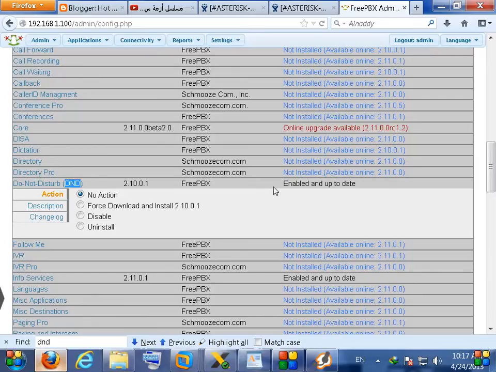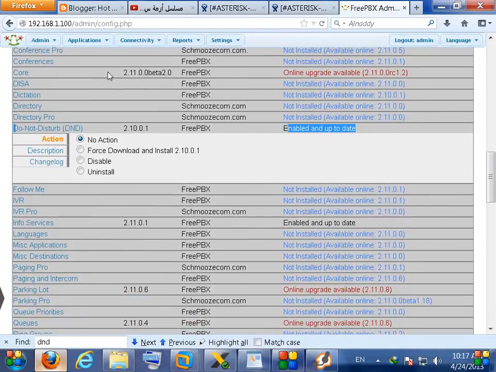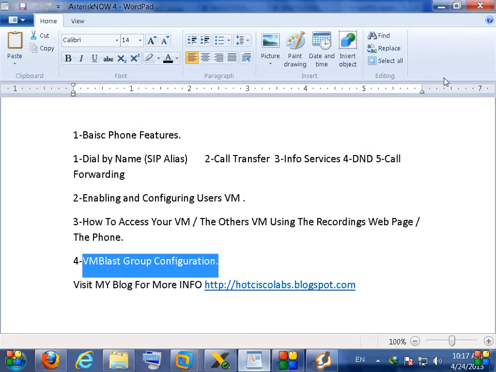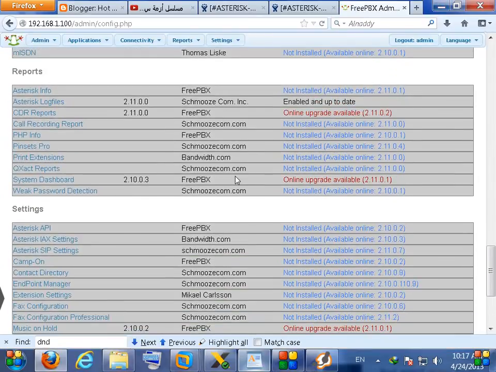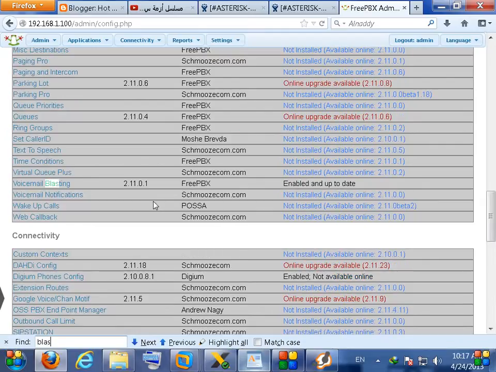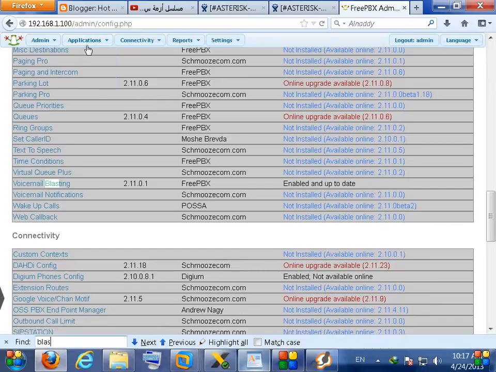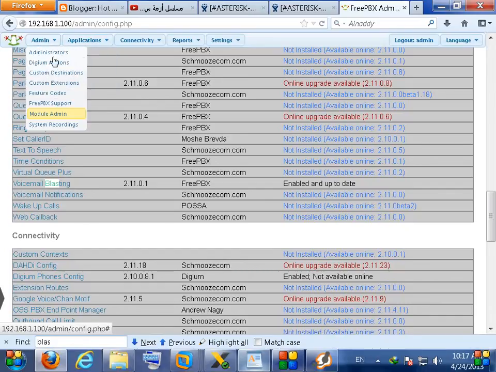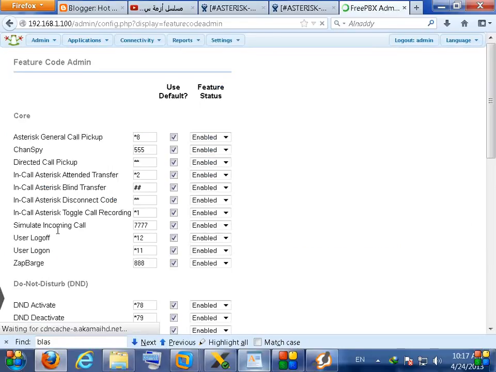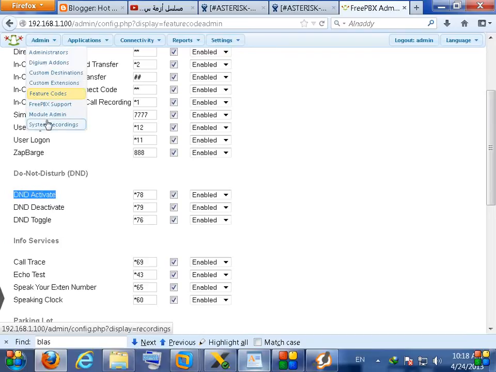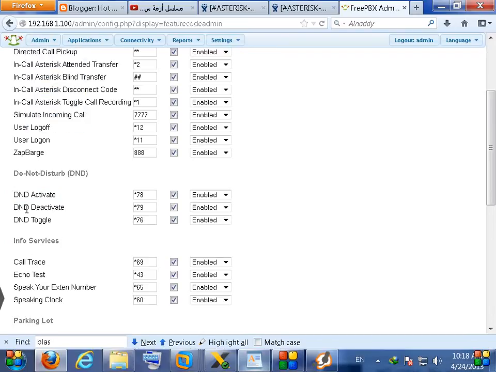And you can see here enabled and up to date. I already installed this module, and the VM blasting module is already installed. So once you install these modules, the VM blasting will be added here, and the do not disturb will add its feature codes here. So that means that the more modules you add here, the more feature codes will appear in this